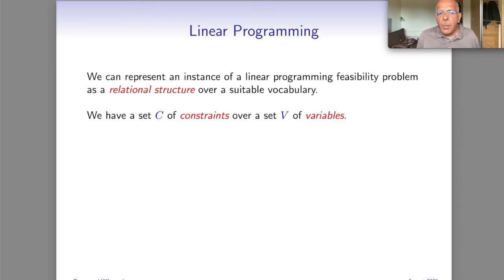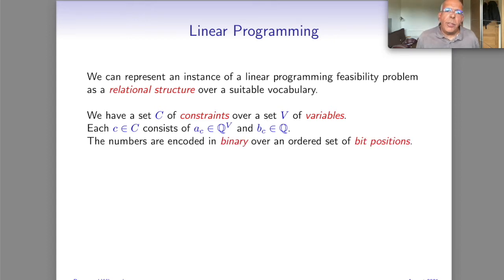So remember that in a linear programming instance, we have a collection of constraints and a set of variables. And each constraint is a vector of rational numbers indexed by the variables plus a rational constant. So first of all, we have to code rational numbers in our relational structure. And we'll think of them as coded in binary. This is important because we're going to effectively translate the ellipsoid method into a fixed point with counting program, and it matters that